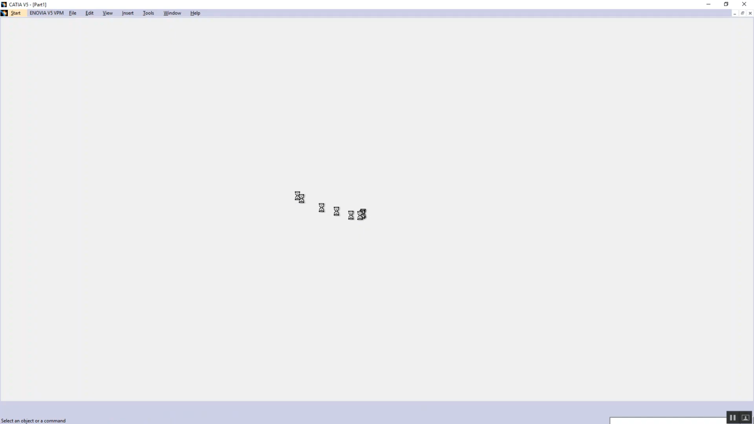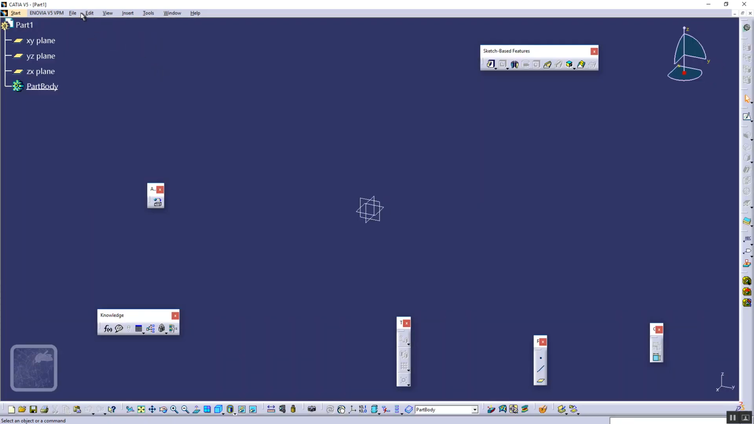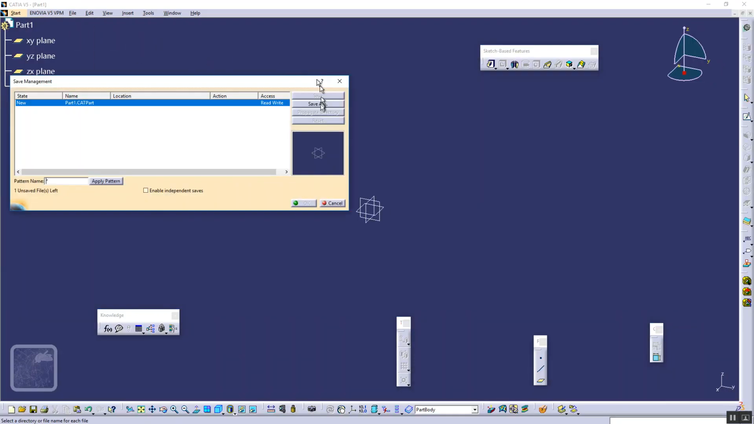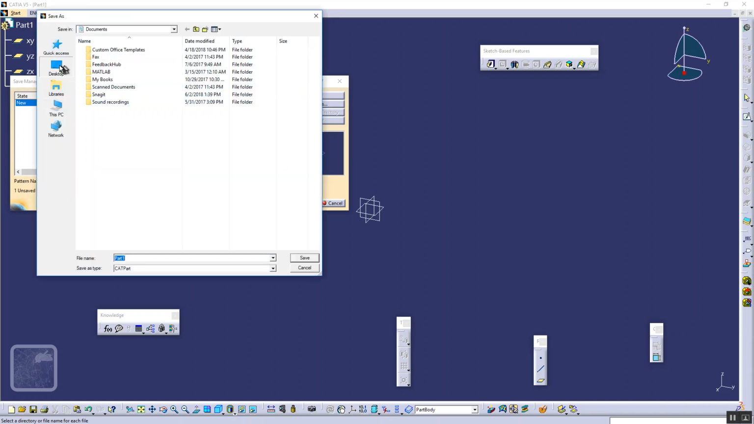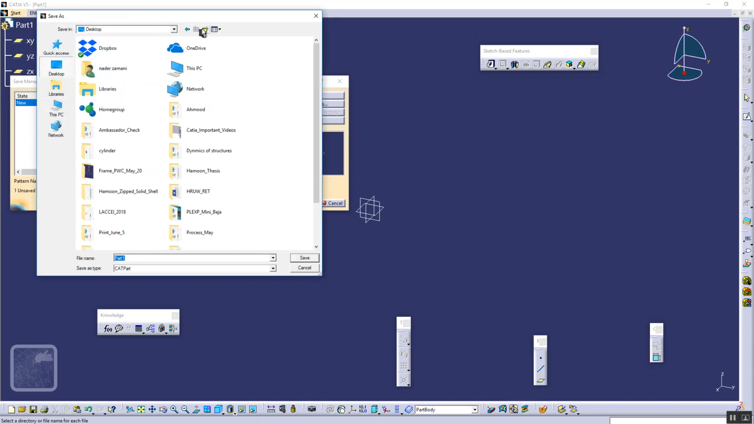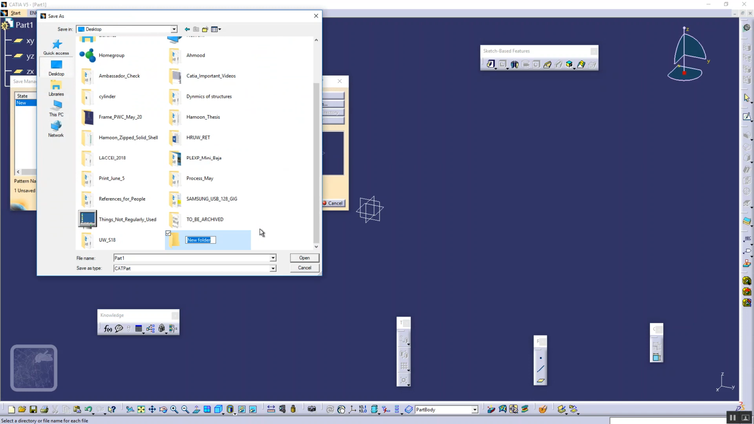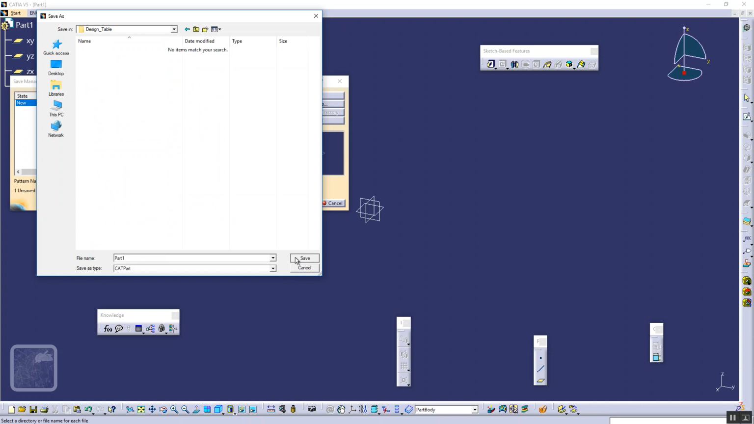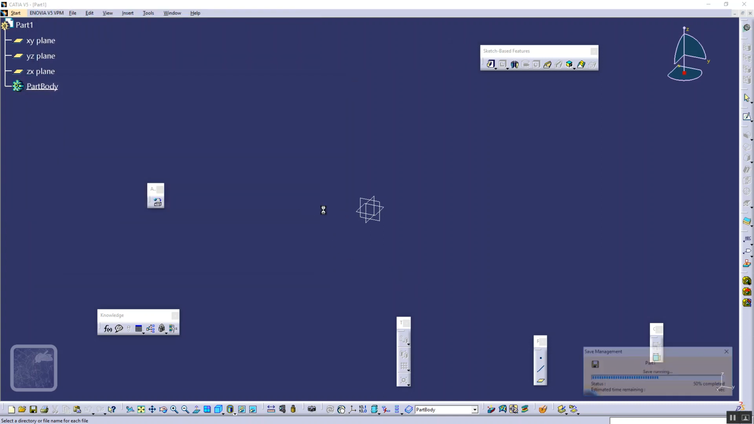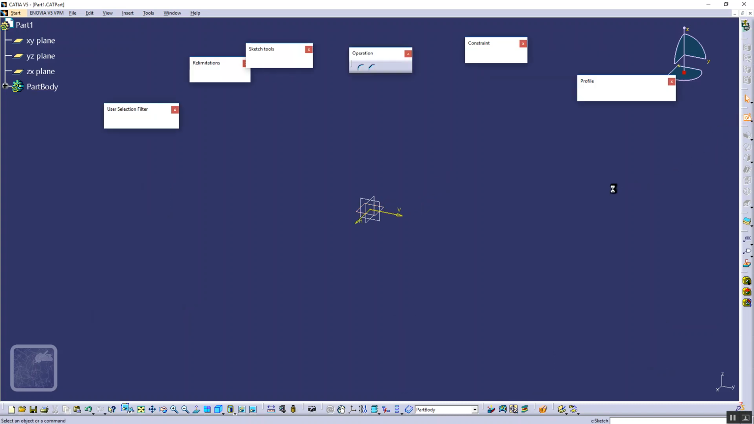And right away, I'm going to save this thing. File, save management, save as on the desktop, new folder, and I'll call it the design table. All right, and so everything is going to go there, and save it. Now, on a convenient plane, on this horizontal plane, I will sketch